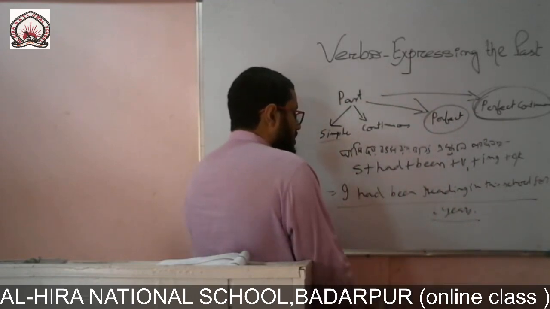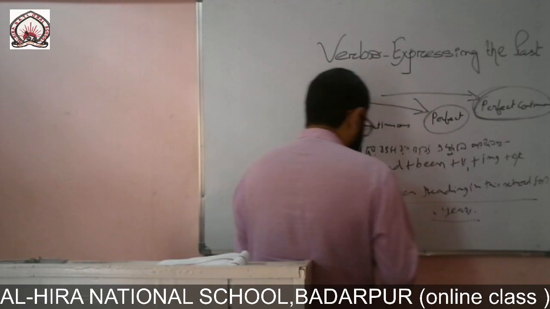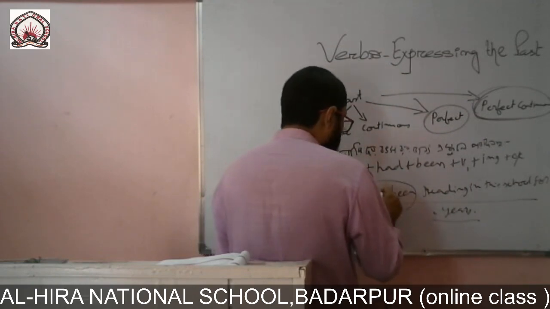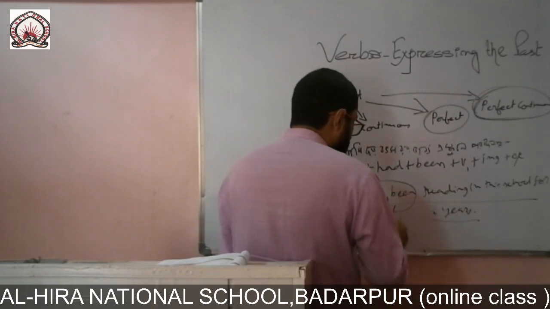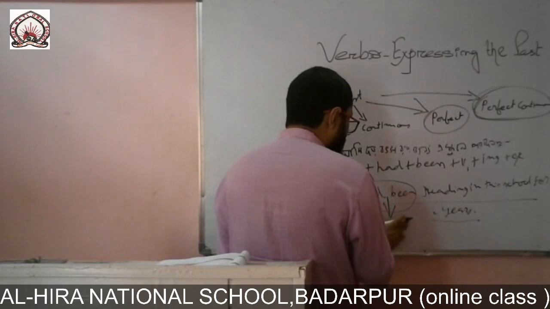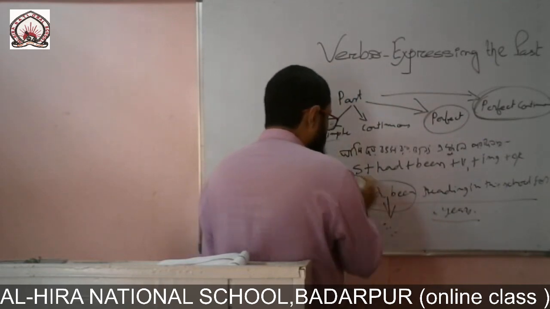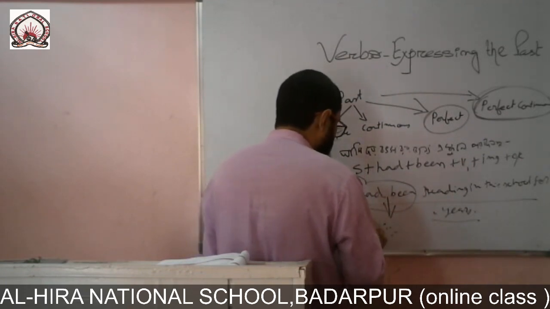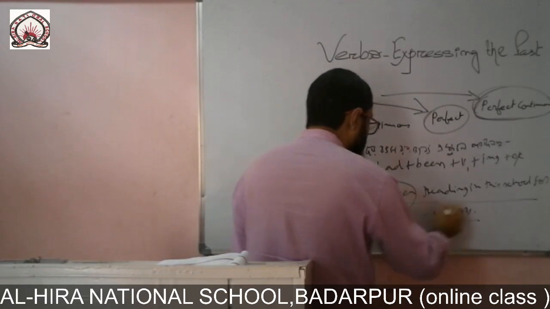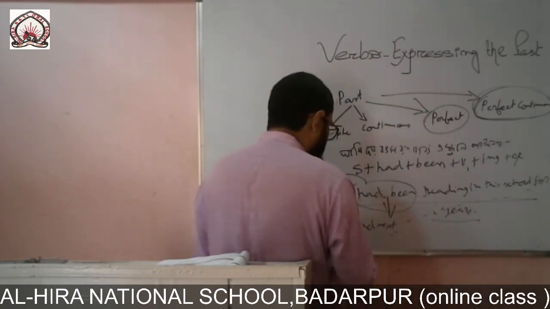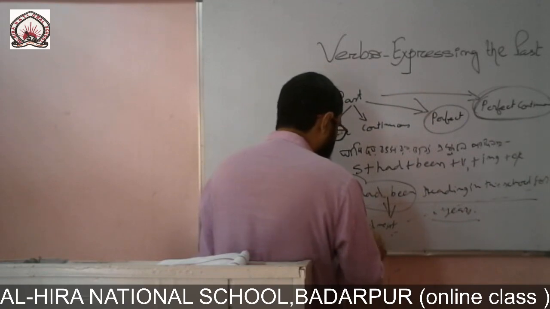Now how to make it interrogative? Negative is very easy, just put not after the auxiliary verb had. If you want to make it interrogative, just put the auxiliary verb before the subject. For example, negative: I had not been reading in the school for 6 years. Interrogative: had I